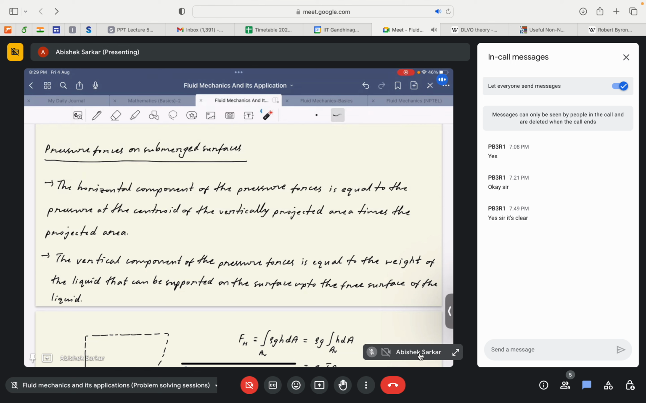So I won't again go deep into derivations of each and every point, because that has been covered in lectures. So right now I'll just go to the statements. Assume that a surface is completely submerged in a liquid, and the horizontal component of the force, say if we are, say this is a container,